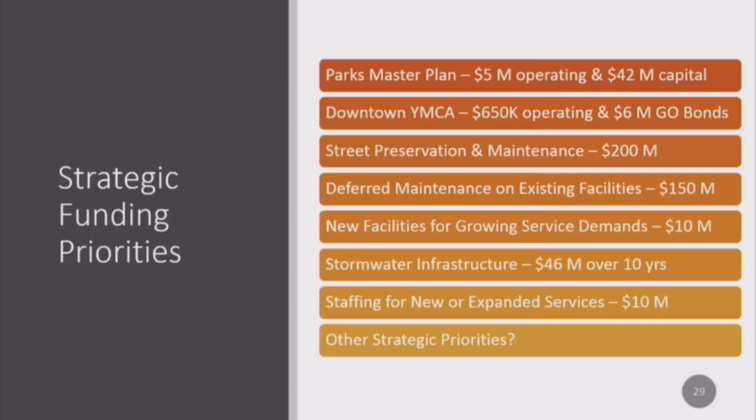So I have a question on the deferred maintenance on existing facilities. Does that include expenditures for rehabilitating our fire stations? And does the new facilities for growing service demands cover building new fire stations? Okay, so our current CMIP includes the cost of the new fire stations as well as the rehab of a significant portion of our fire stations. So the current CMIP does do that. So that's already built in. I'm not sure if it includes absolutely 100% of everything the fire department would like to see, but it has a significant portion of fire capital investment.